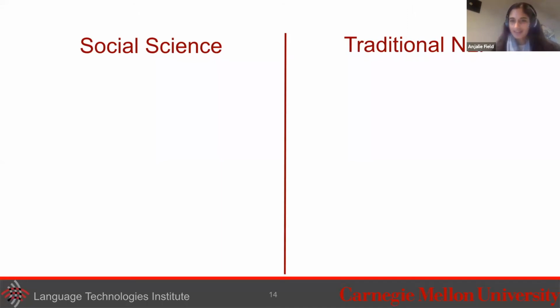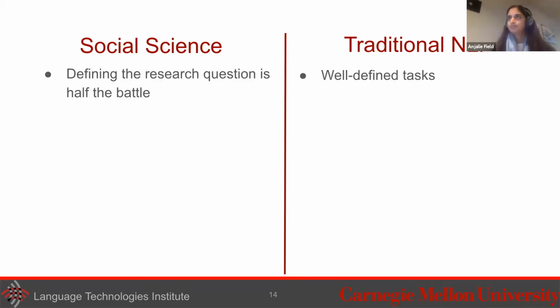Okay, I ran through that a little bit fast, but just to take some higher level takeaways: what do we see in this example project, and how does that maybe differ from an NLP approach to a data set like this? One of the challenging things in this line of work is often just defining what research question you're looking at. You start with this super interesting data set of political campaign emails, but it's not obvious what we care about in those emails. It's not clear what we want to measure, what the right dimensions to look at are. And once you figure out what you're actually trying to do with the data set, that's a lot of the project in itself.